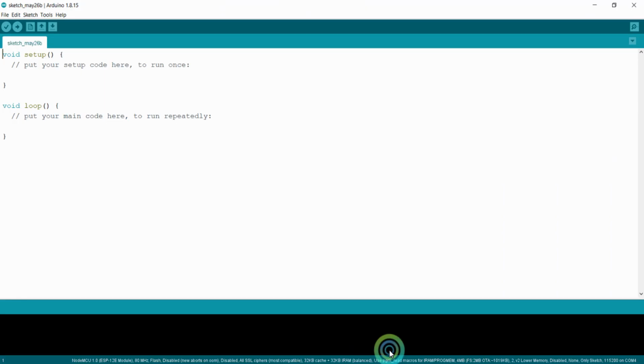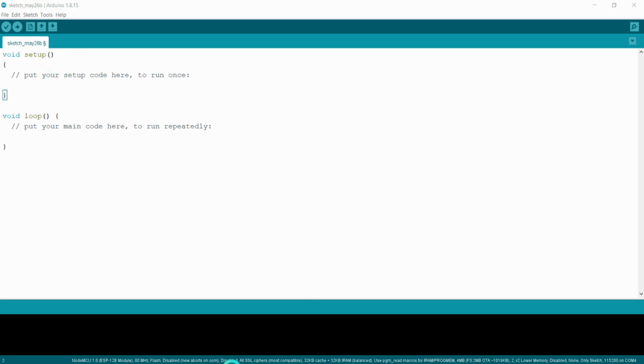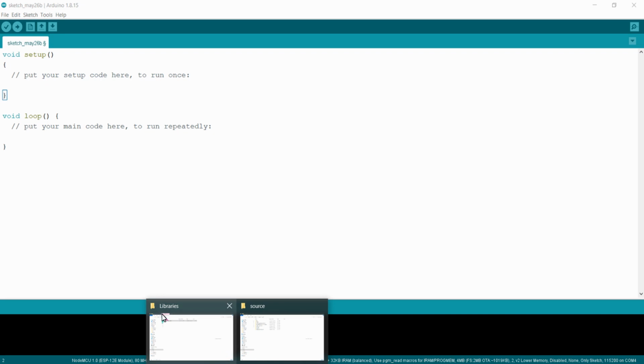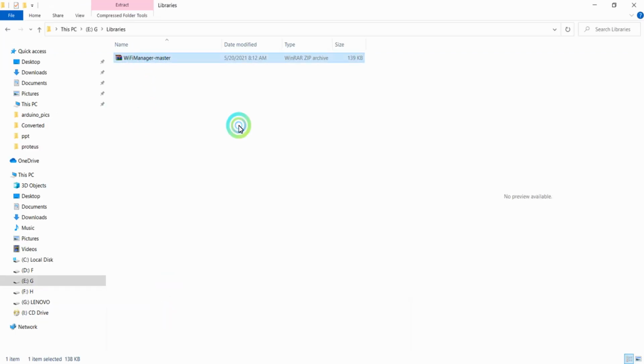What we are going to do is, initially you want to add a library called WiFiManager to this Arduino IDE. I have provided the files in the download button below the video. This will be in a zip format, so download this file by clicking on the download button below this video.